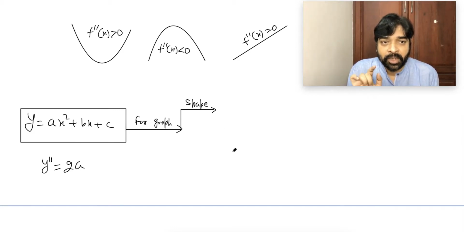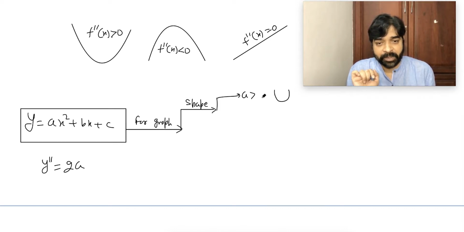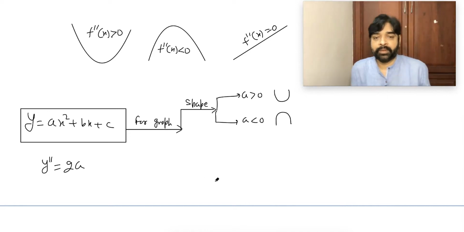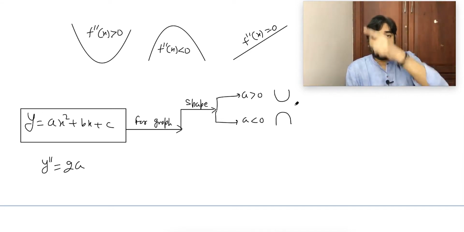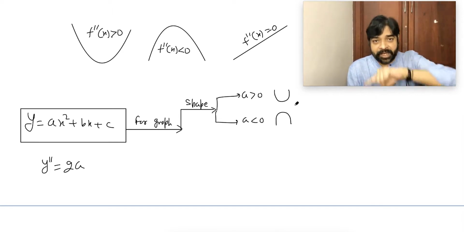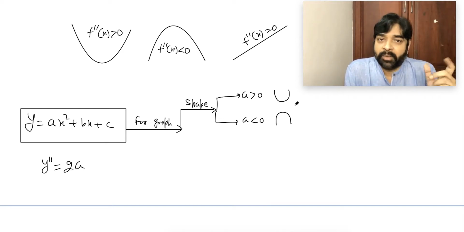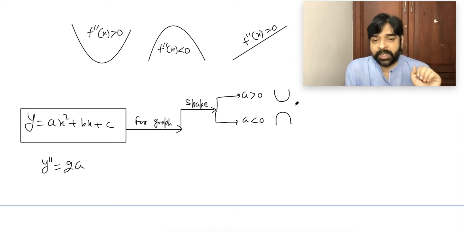I hope you understood. Now, a may be positive, may be negative. It means we can say, if a is greater than 0, the shape will be this. And if a is less than 0, the shape will be this. Is this clear to all of you? So whenever the coefficient a of x square in a quadratic expression is positive, the shape will be an upper parabola like this. And if a is negative, the shape will be a lower parabola. Concave and convex you can remember. So concave shape and convex shape will be there. The shape has to be decided. Fine.